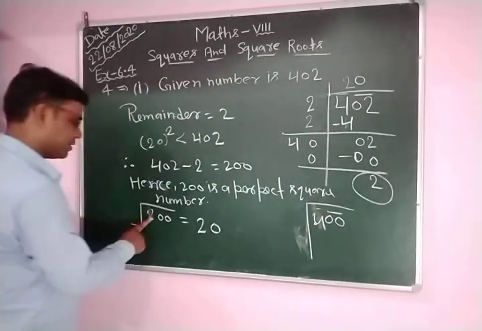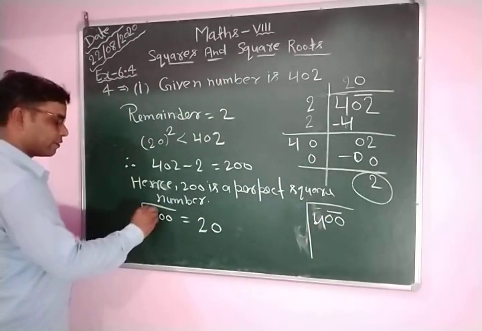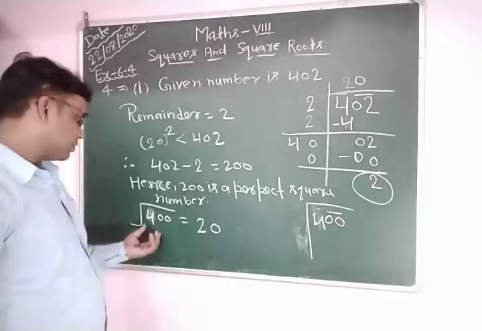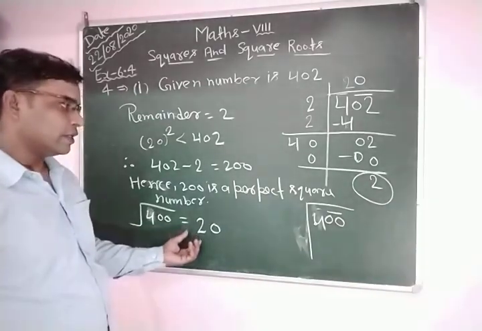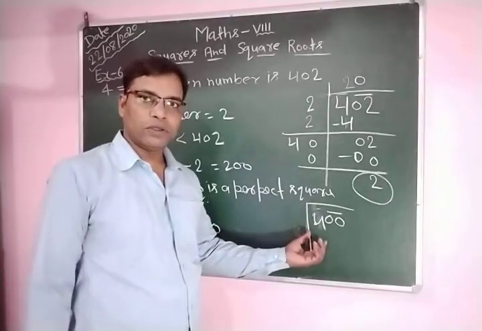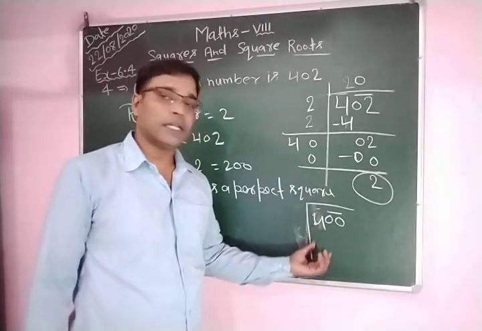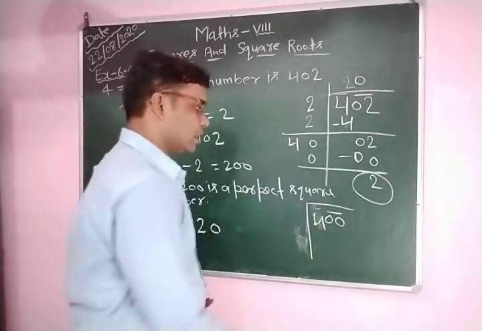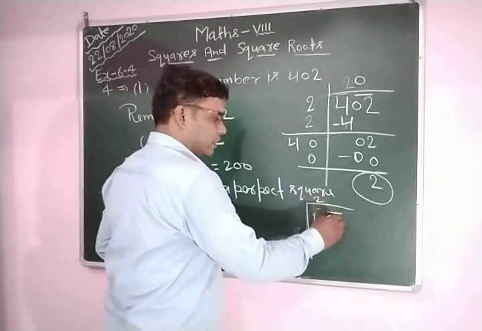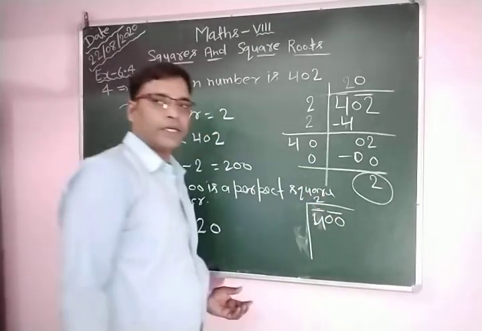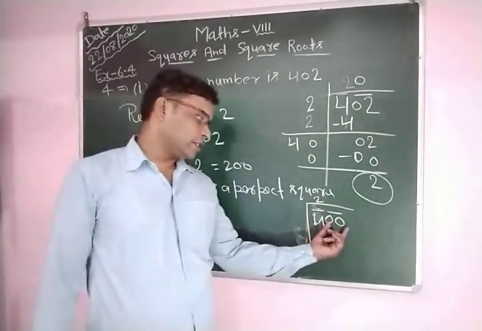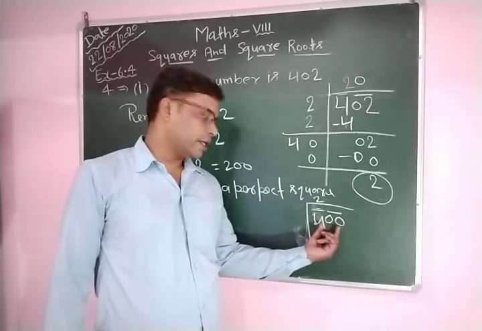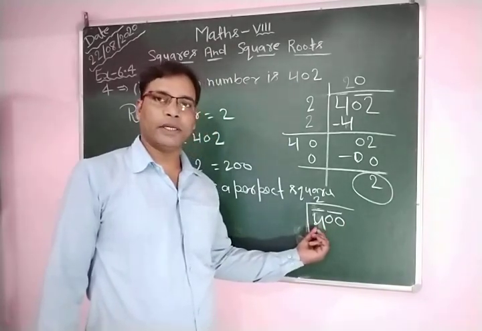Oh my god, here this is 400. Okay, the square root of 400 is 20. How can you find that? You can take the long division method, and here you can write 2. This is the pair for 400. Okay, and this is the first pair of 0, and the next pair is 4.